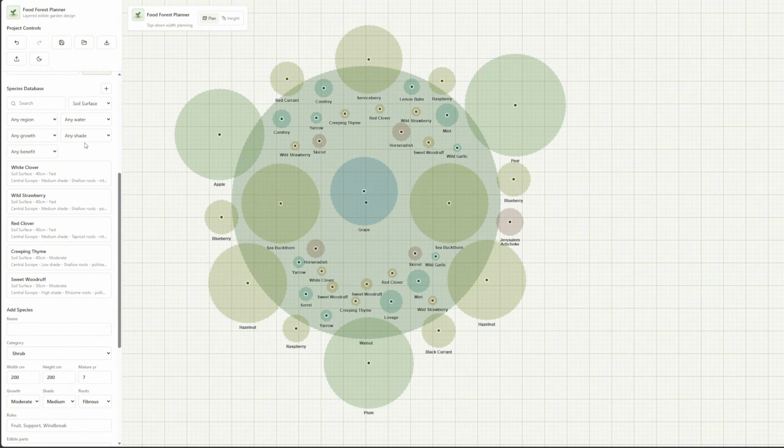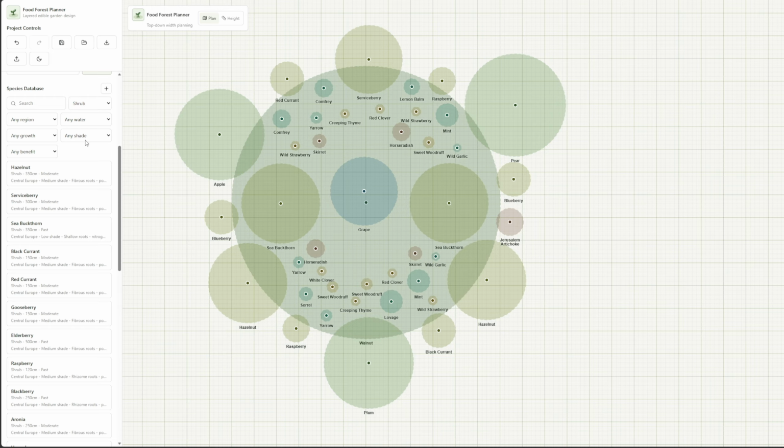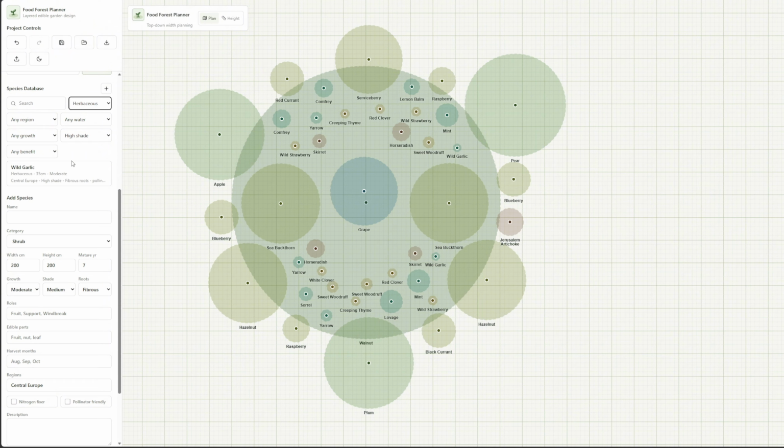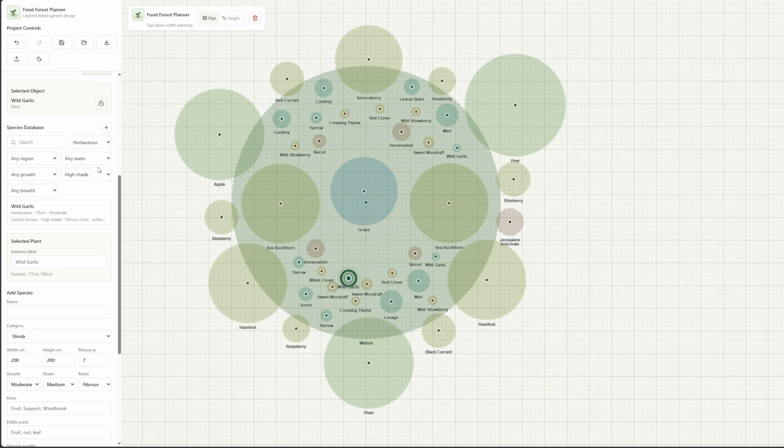I will just show you the visuals. It's more of a can we make food forest planning feel less overwhelming channel. And maybe, eventually, when I do have the opportunity, I would love to put some of this into practice in the real world. For now, this is just a starting point.